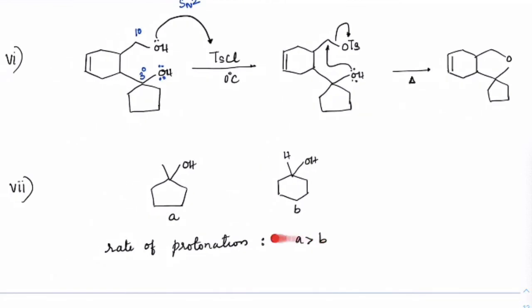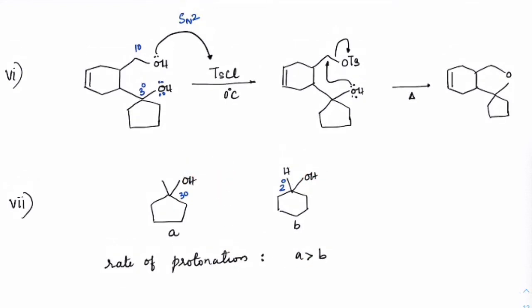But if it was about protonation, suppose between these two I have to compare which rate of protonation is more. Now check out, here it is tertiary, here it is secondary. Got it? Now when it comes to protonation, you have to check the basic strength. You know that this would have more basic strength as compared to this one, because 3-degree alcohols are more basic as compared to 2-degree or 1-degree. So this will attack the proton better as compared to this one. So just remember, while you are making a protonation or a nucleophilic reaction, these two should be taken care of. Right.